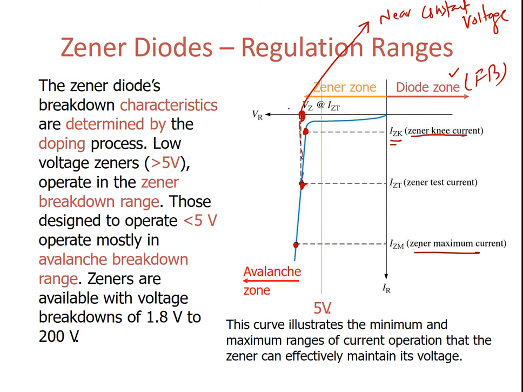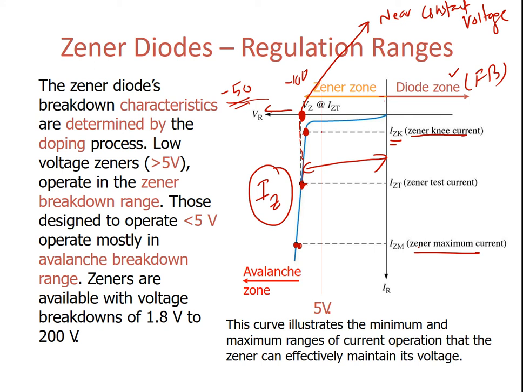Even after that, if we increase the voltage further, for example, let's say the Zener breakdown voltage is minus 10 volts, and we increase to minus 50 volt, the only change will be in the flowing current, the Zener current. The voltage drop will remain almost constant. This is the minimum and maximum range of the current operation. This is the minimum point and this is the maximum point, and this region is called the Zener zone for the Zener diode.